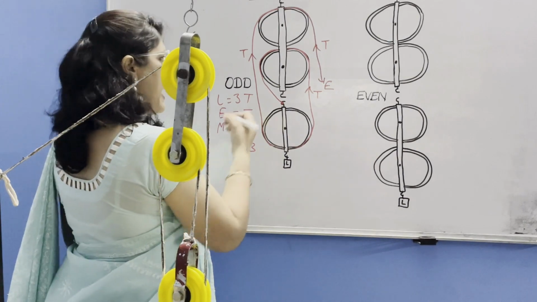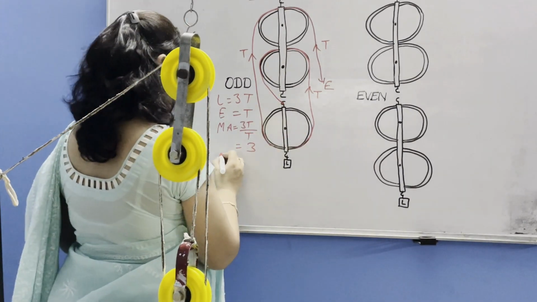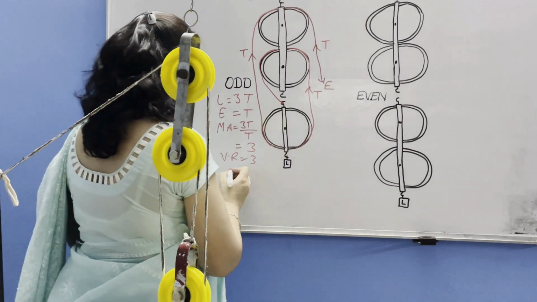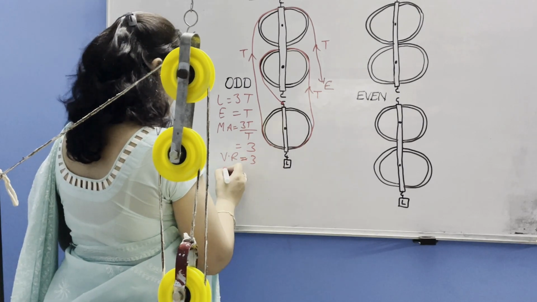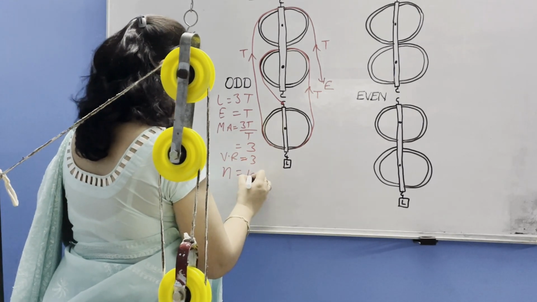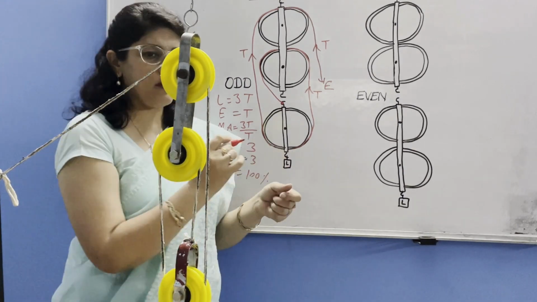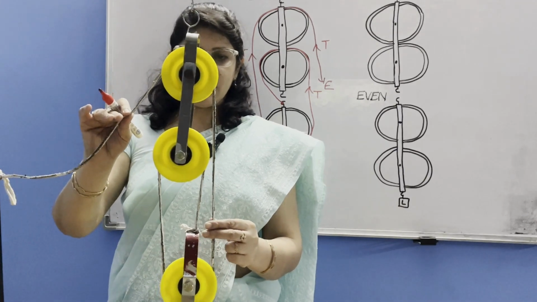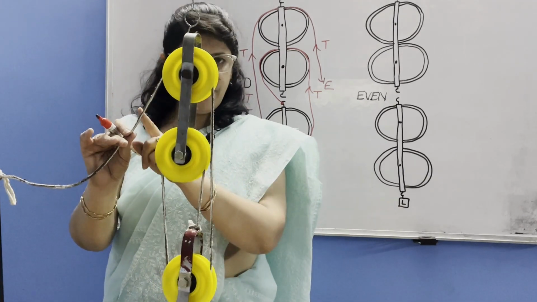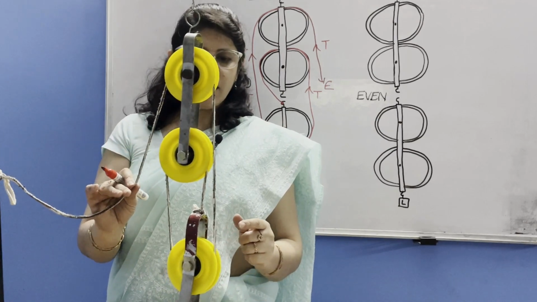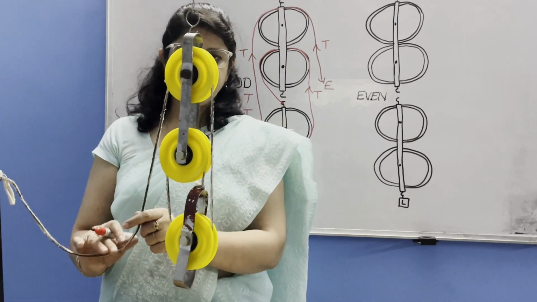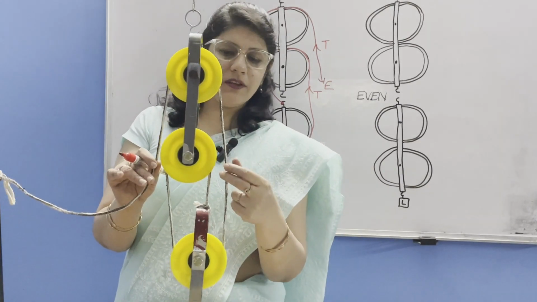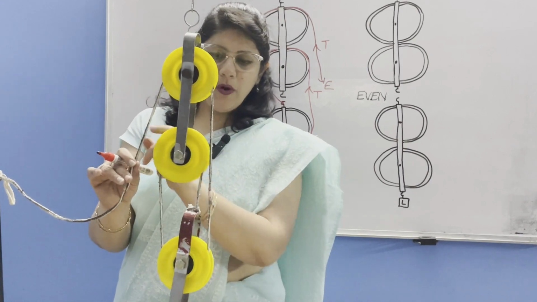And VR is again N, meaning N number of pulleys. So VR is again 3 because distance moved by load is less than distance moved by effort. So efficiency is 100% if we are using a string which is inextensible, having negligible mass, as you can see here in this block and tackle system. If I am applying effort in the downward direction, then you can see, so load is equal to tension in 3 segments, 1, 2 and this 3.